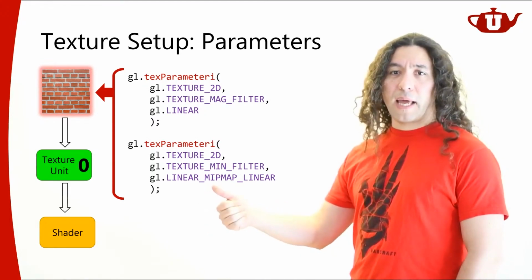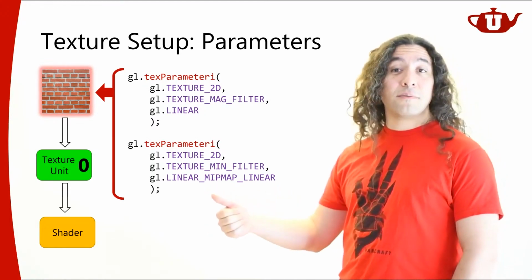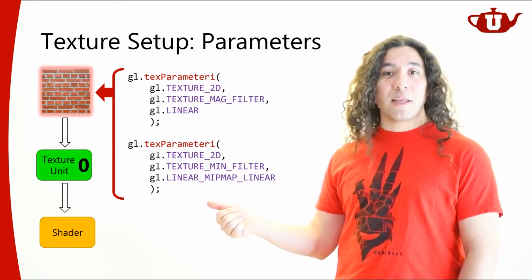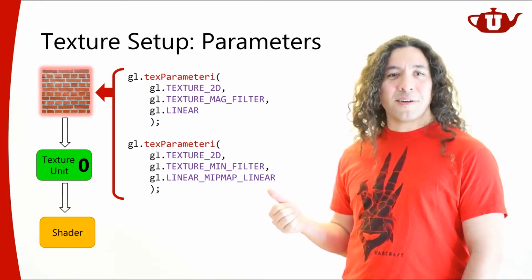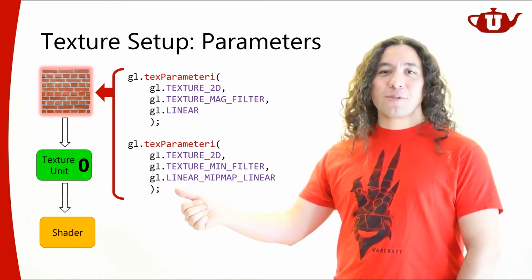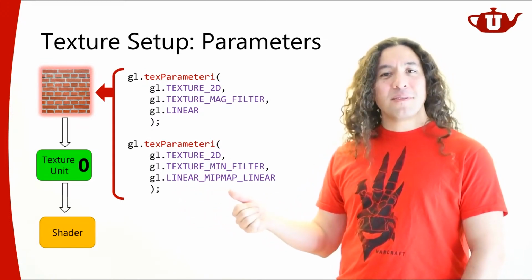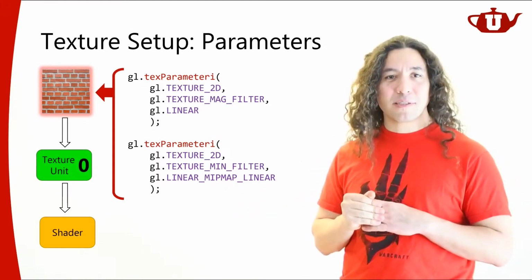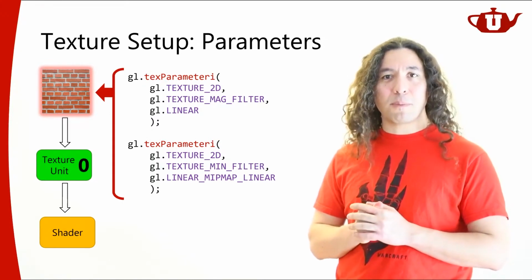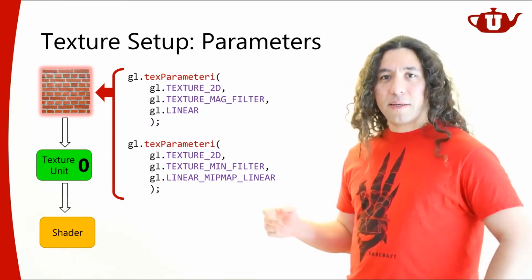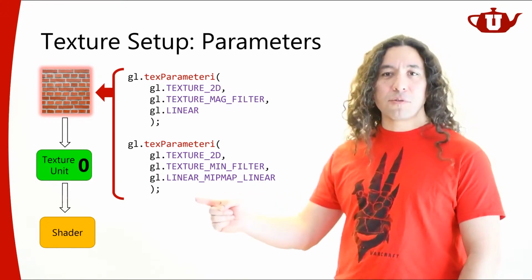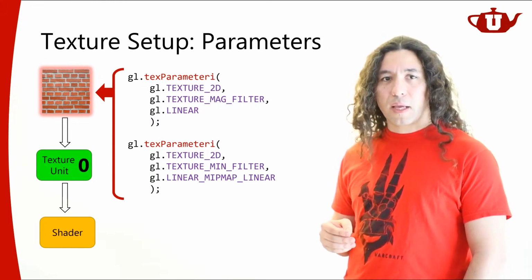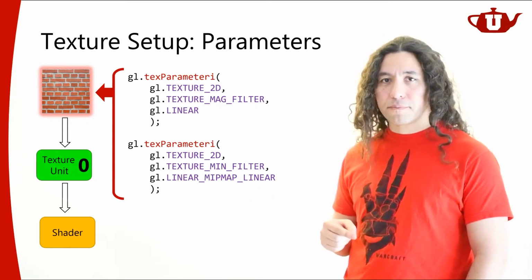That's going to be, I'm saying, use trilinear filter. This is how you specify trilinear filter in OpenGL and WebGL lingo. Linear mipmap linear. That is, use linear filtering at each mipmap level, and then use linear filtering for interpolating between mipmap levels. Remember, we talked about this last time when we were talking about mipmap filtering and trilinear filtering. There are other options too. I don't have to use this, but this is the typical thing to do if you want to use mipmap filtering. That will give us trilinear filtering.